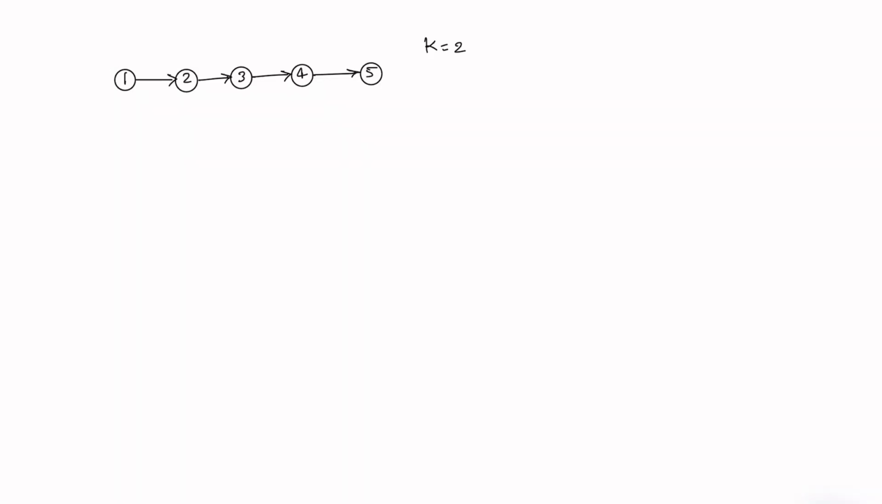Rotate list. Actually here one linked list has been given and here the value of k has also been given. That means we have to rotate this linked list k times. So here k is equal to 2. So that means we have to rotate this list 2 times. So after the first rotation, this linked list should be like this. The last element will come to the first position. So after the first rotation, this will be 5,